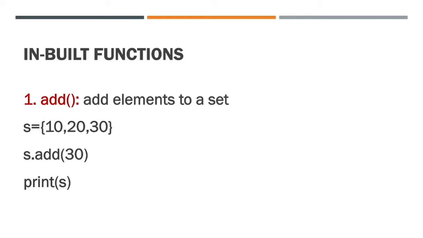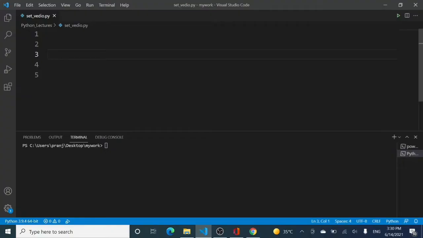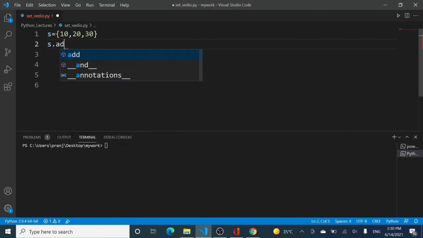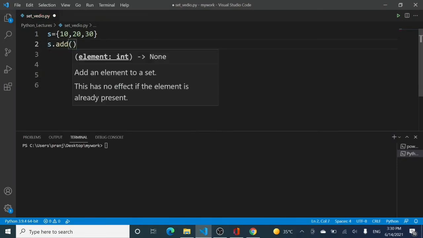So let us move to our Visual Studio Code and then see how we can actually use this method. Here let me first define a set in curly brackets. Let the values be 10, 20 and 30 respectively. And what I'm going to do is I will be using this add function, and here I will be adding the value 40 first.